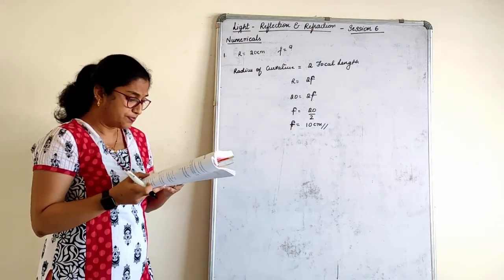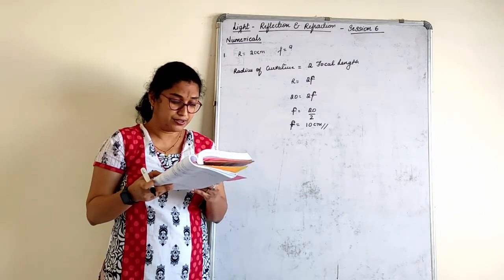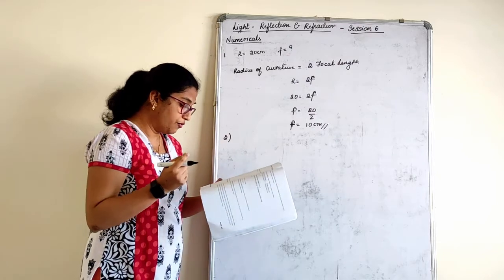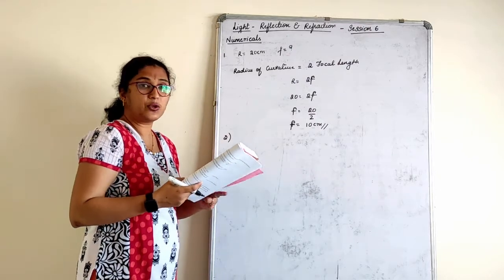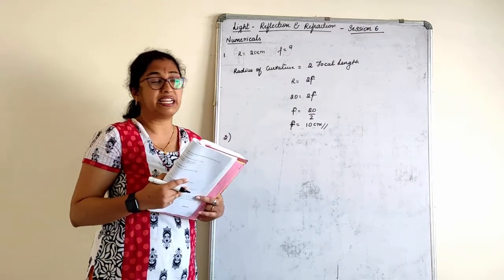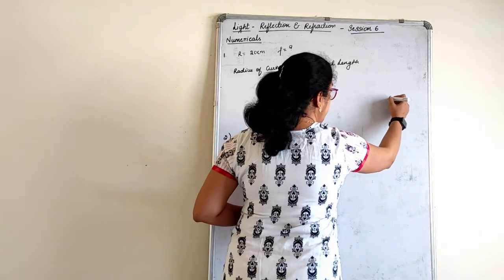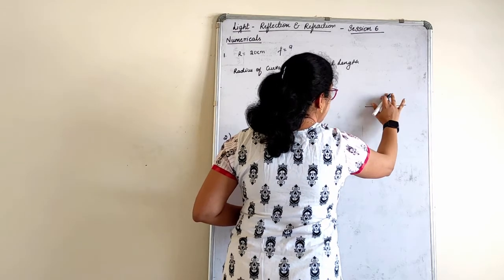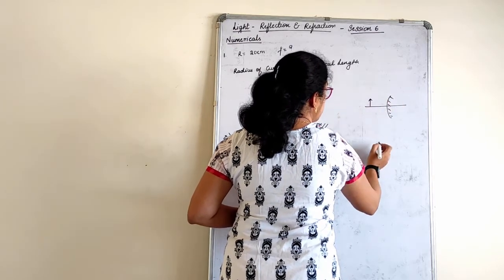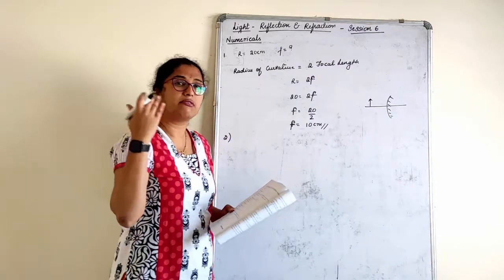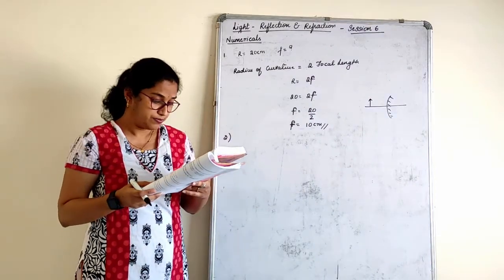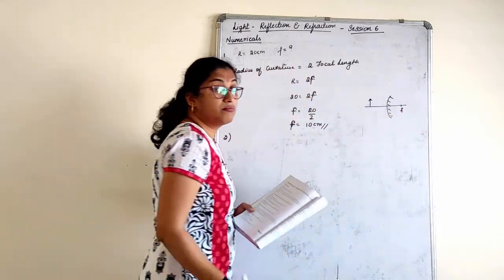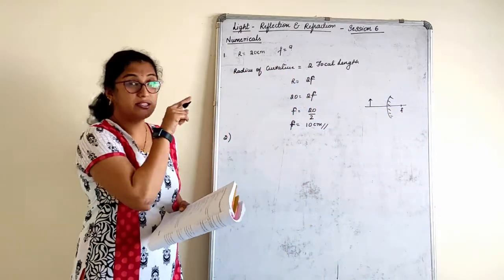The next one, you can take this for homework. Page number 171, second one. A focal length of a convex mirror. See, whenever you get confused about what the sign convention should be, just make a rough figure always. So this is a convex mirror, this is the object, and where should be the image. Just have a rough figure there. Focal length will be this side. To know the answer, plus or minus, this is very much important.